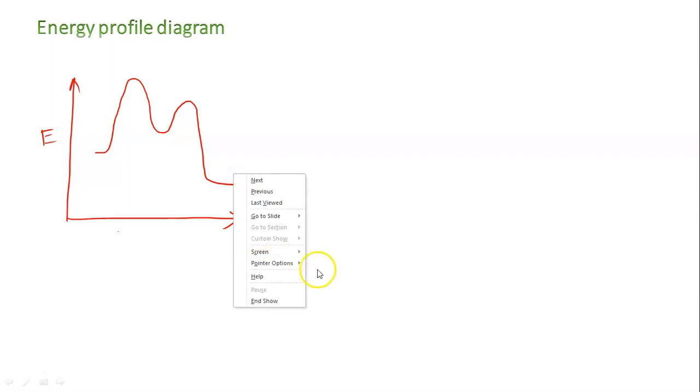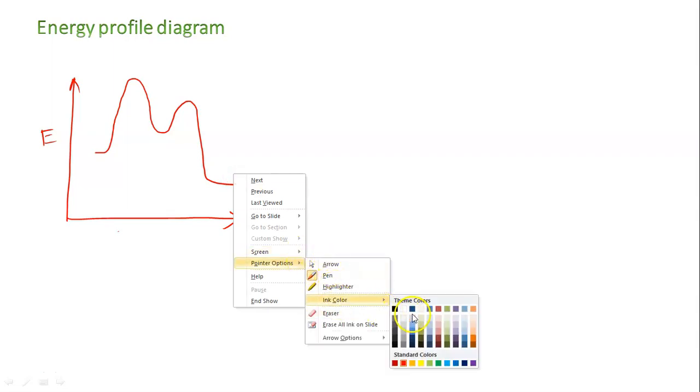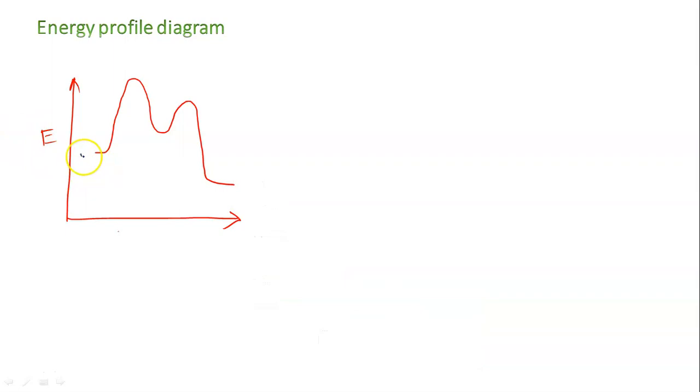So if we draw the energy profile diagram, this is the energy, this is the reaction progress on the x-axis. So this is the first step, and this is the second step. So here we have our substrate and E-Nu. This is transition state 1, this is transition state 2. Now this is our intermediate. I am writing here I.